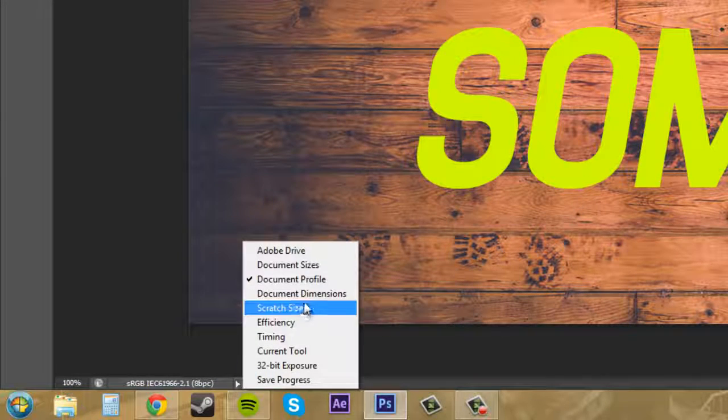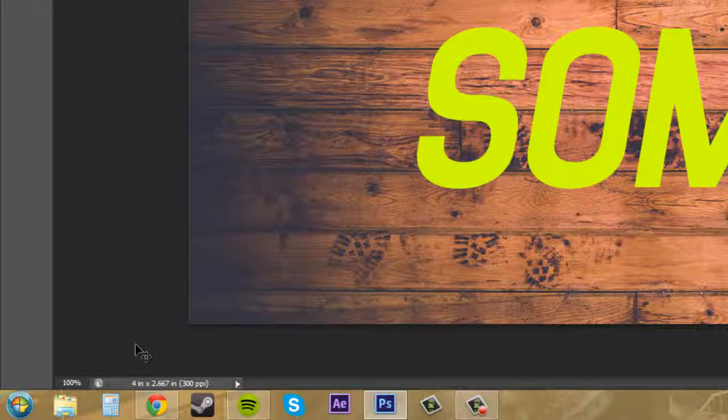We got document dimensions, and instead of coming up to image and then canvas size and checking out the document dimensions there, you can just check them out really quickly here, and then it also gives you the resolution. So this document is 4 inches by 2.667. Let's see, the next one